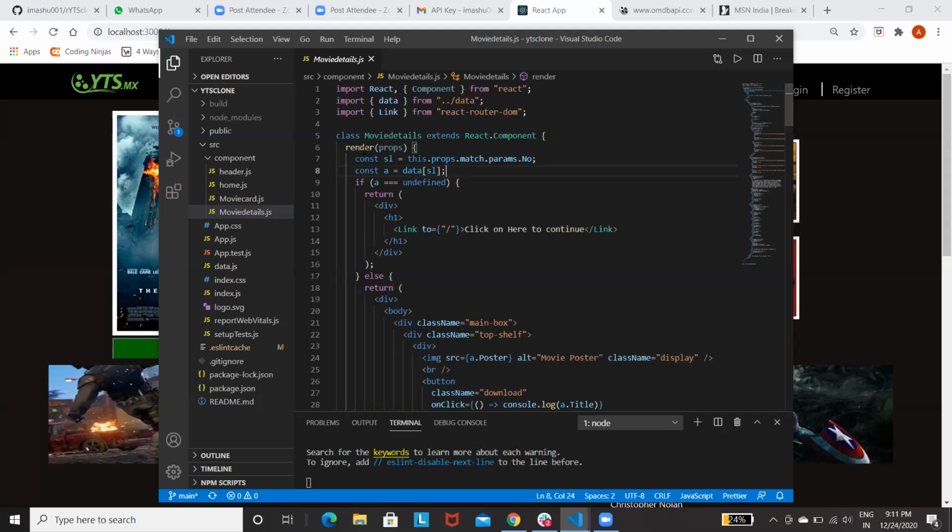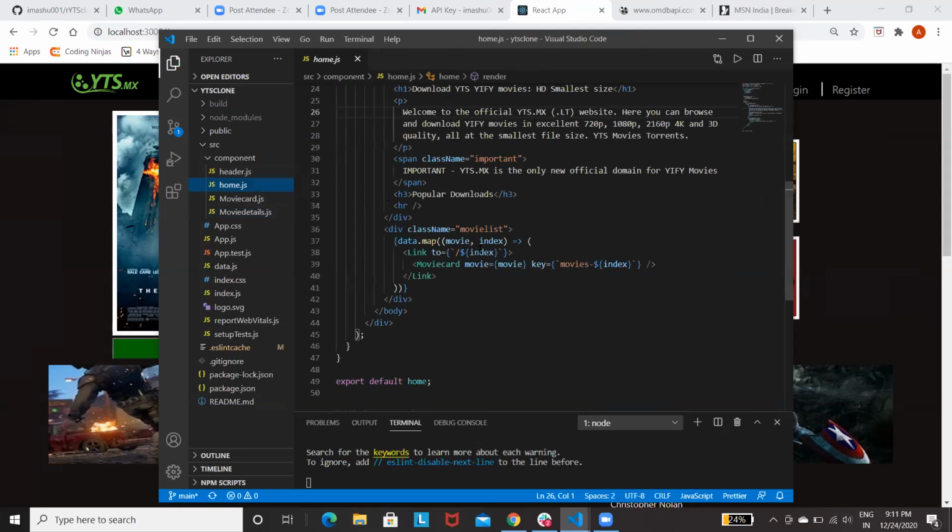So I made a little change. I stored the index in constant a, and if it is undefined, then link to some other page, which is this page, which says click here to continue.